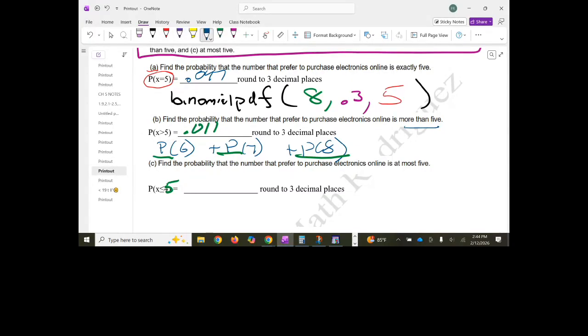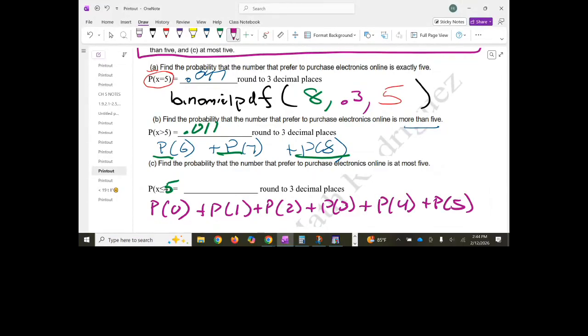Okay. Now, y'all, 5 or less. I want you to think about, what does 5 or less mean? It means nobody could want that, or 1 person, or 2 people, or 3 people, or 4 people, or 5 people. At most 5 means 5 or less. Now, y'all, I got 6 things up there, right? So there's 2 ways we could go about doing this. We could do what we did right now, and we could go 0 plus, and we go 1 plus, all the way up to 5. Or